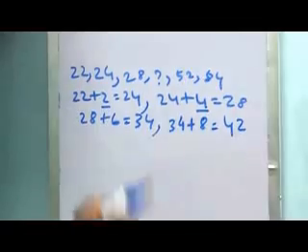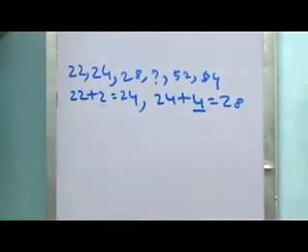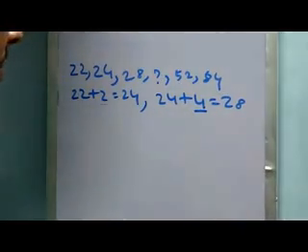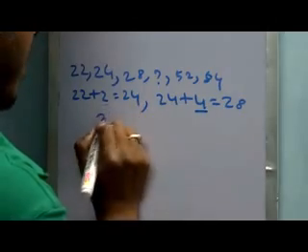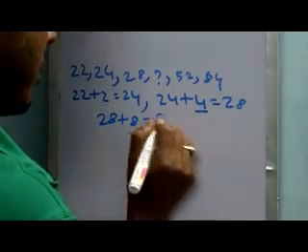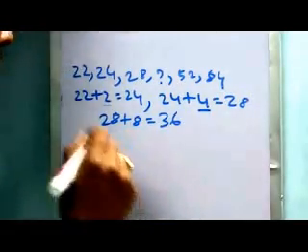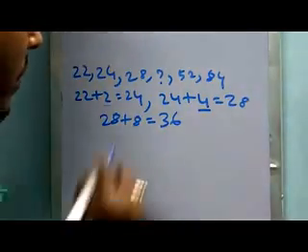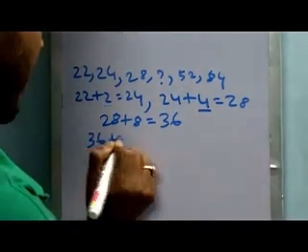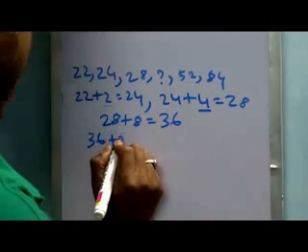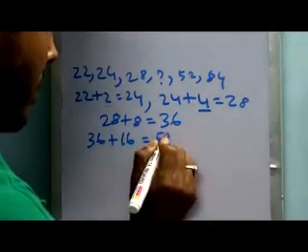So what will be the option? What will be another option to solve this one? If we add 8 with 28, we get 36. Now 2, 4, 8. And what is the difference between 36 and 52? 36 plus 16 equals 52.